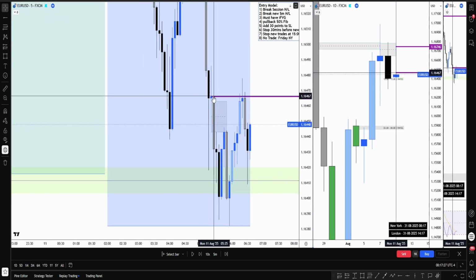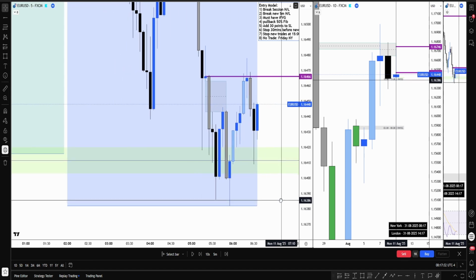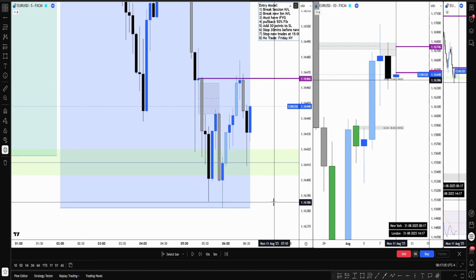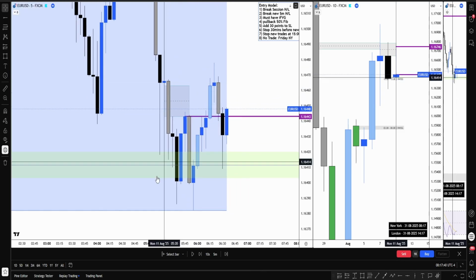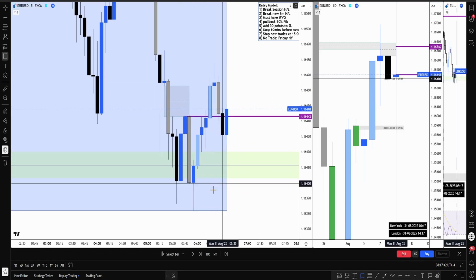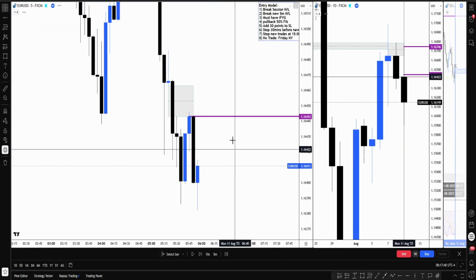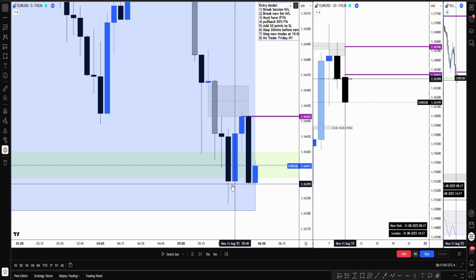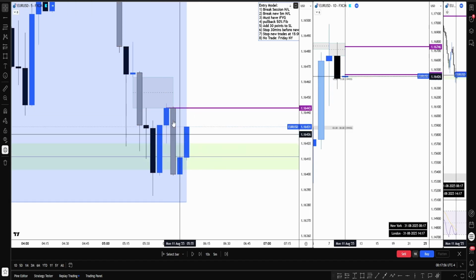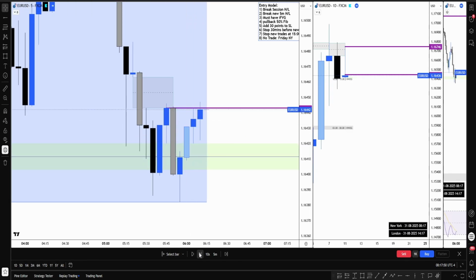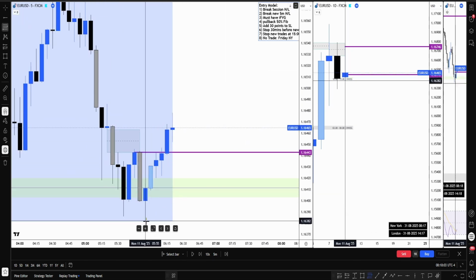We did not close above that line. I'm sorry, we did not. What we actually did do is this here. All right, I actually missed this. I was a little bit too fast, so let me go back here. So what did we do here? We closed below that line there, and there's a fair value gap here, so that's our new point of interest, and we closed above that. So now we draw our fib tool.